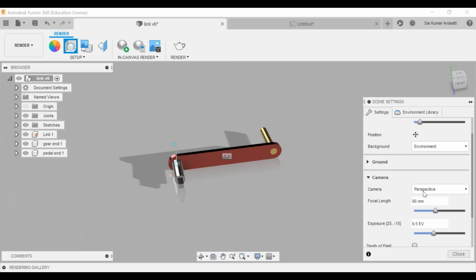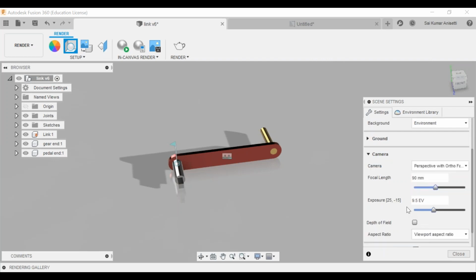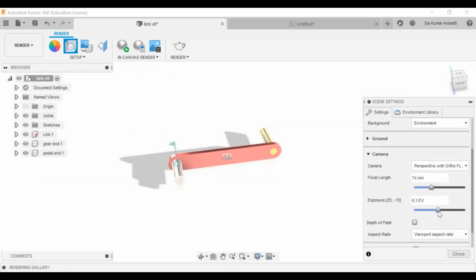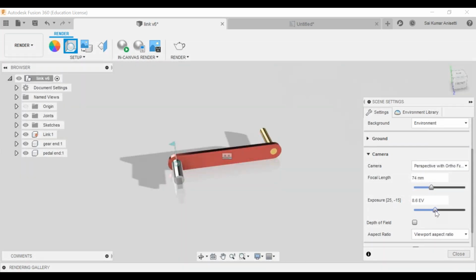Ground and your camera settings, whether it is perspective or orthographic. See, perspective view and orthographic view you have an idea on, right? You can change that. You can change your focal length. Exposure, you can just change the values of your exposure.